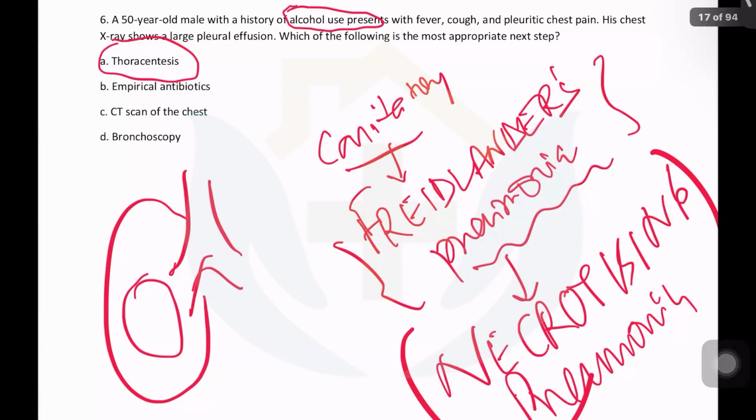The first and foremost thing is to put in a needle, most likely ultrasound-guided aspiration, to get a sample and culture, and maybe relief also. Yes, I was just curious. So, most appropriate next step.